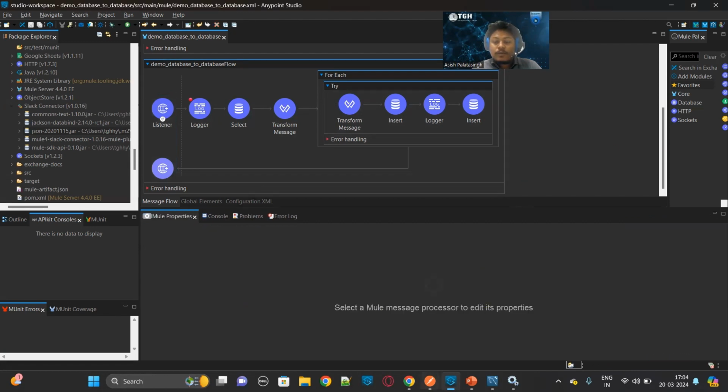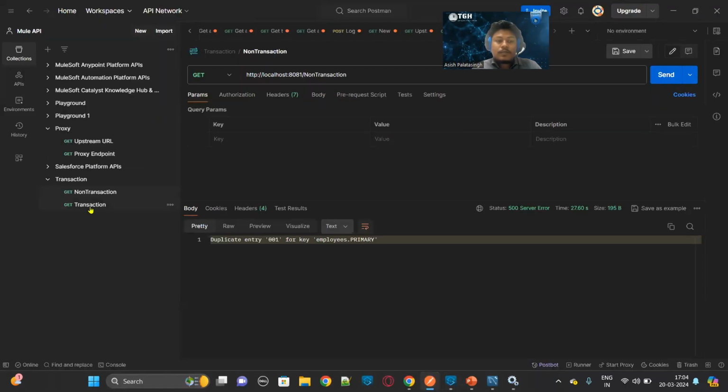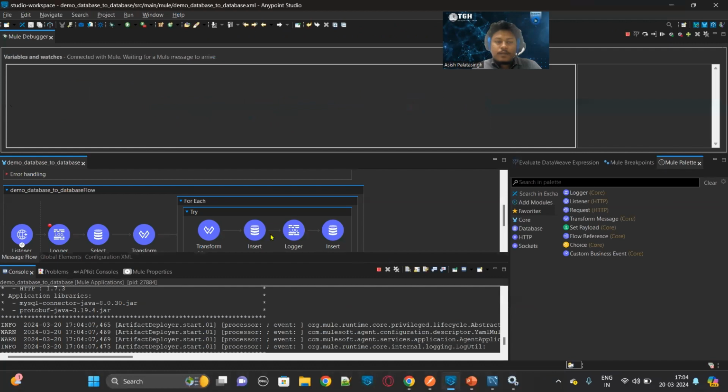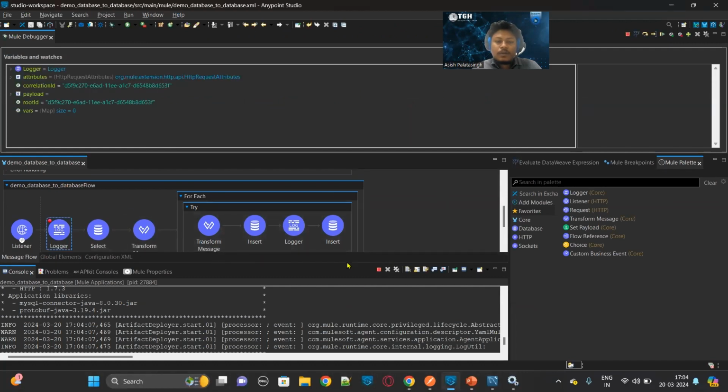So let's go to Postman once again, and I'll choose the transaction one. Here I have already configured the API path. Let's hit the request. Yeah, and we can see the control came here,